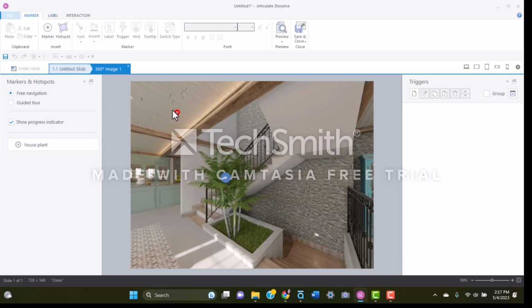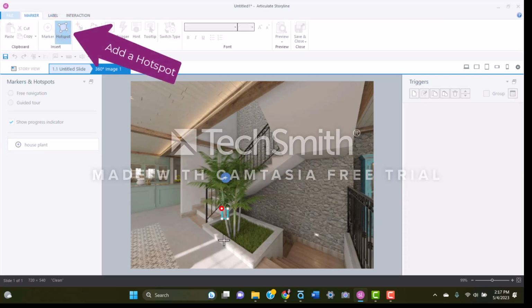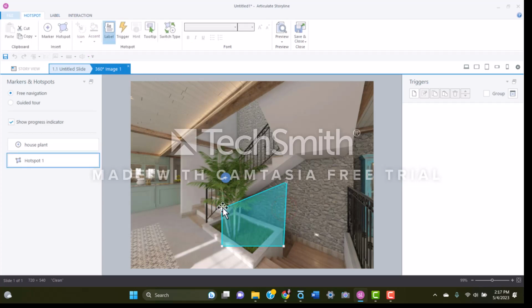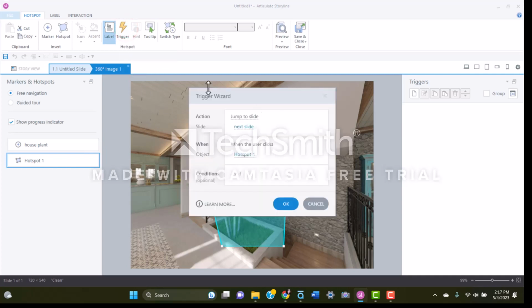Or you can also insert a hotspot. That hotspot size and shape are customizable, and it's a great way to add more interactivity to your 360 image. Once you add a hotspot, you can also add a trigger to it, such as jump to the next slide when the user clicks the hotspot.